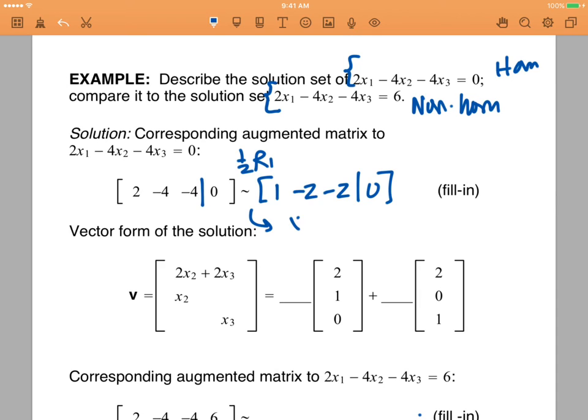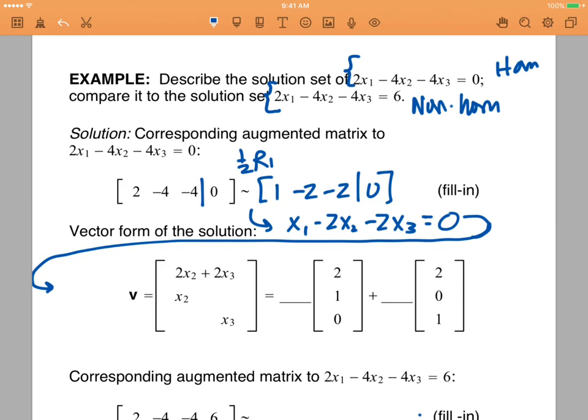This gives us the equation x1 minus 2x2 minus 2x3 equals 0. And now using that process that we had before, let me just give you once again the intermediate. If you were solving this in section 1.2, you would write x1 equals 2x2 plus 2x3, and x2 is free, and x3 is free. But now the way we write it is we fill in the formulas, 2x2 plus 2x3, and then x2 becomes